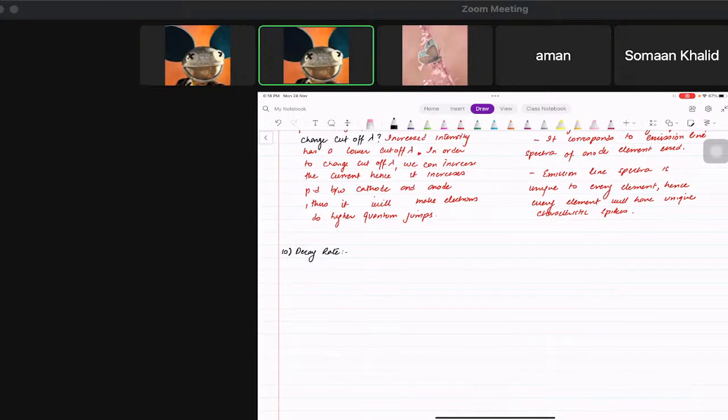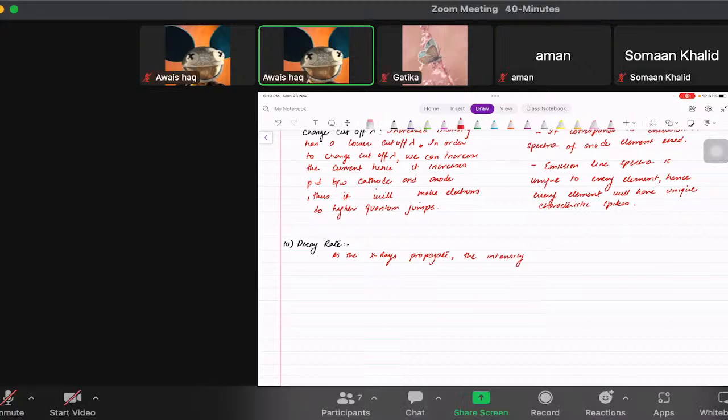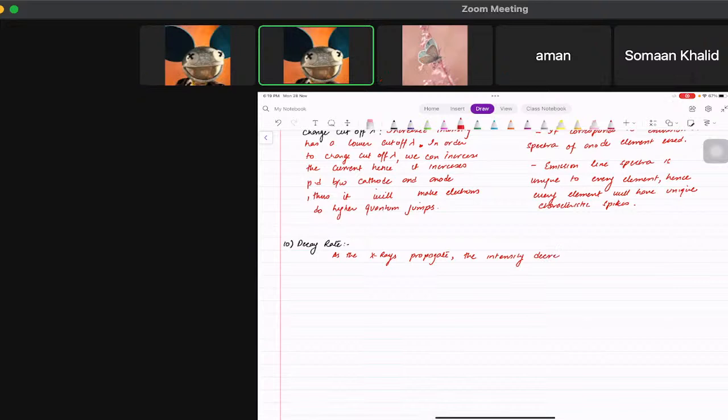Now, decay rate is basically defined as, we say that as the X-rays propagate, the intensity decreases with the distance traveled within the medium